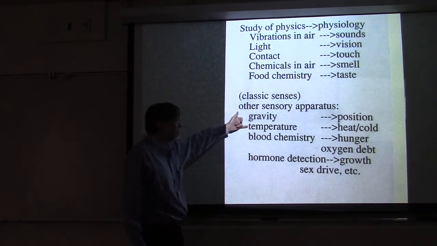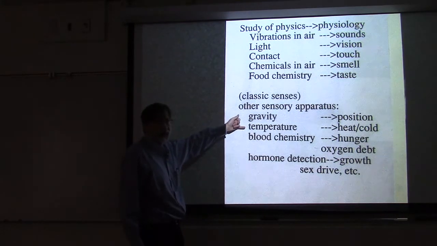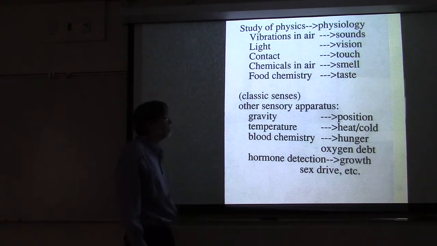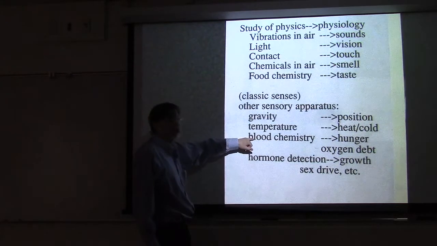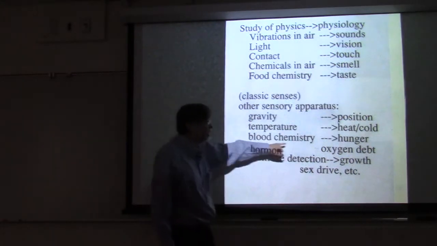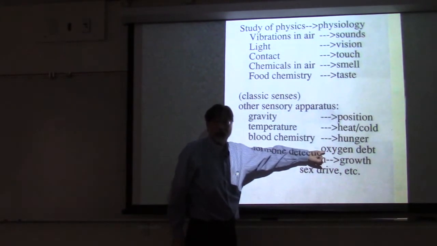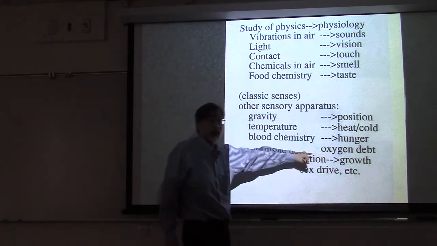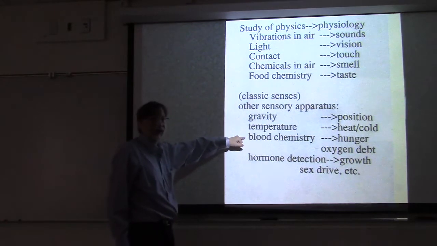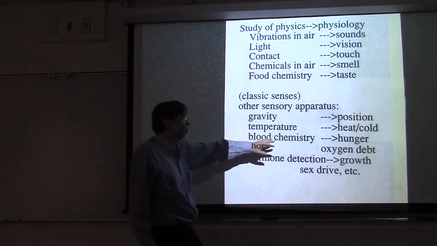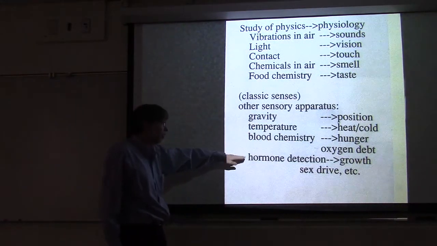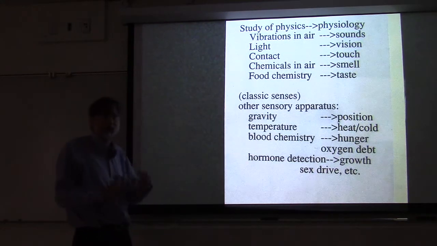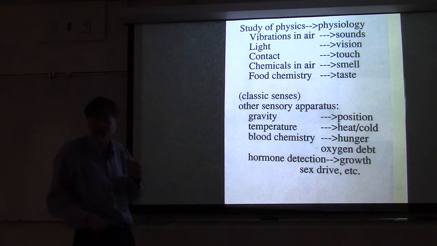And temperature, we talked about the temperature of the bloodstream being detected in the hypothalamus, and also there's heat and cold detectors in the skin and detectors in the hypothalamus of various components of the blood chemistry, like not enough oxygen, too much carbon dioxide, too much lactic acid, not enough sugar level in the blood. So things that people perceive as hunger or other things are being detected in the hypothalamus. And the hypothalamus also has detectors that are detecting hormones in the body so that the brain can communicate with the sex organs, for example,